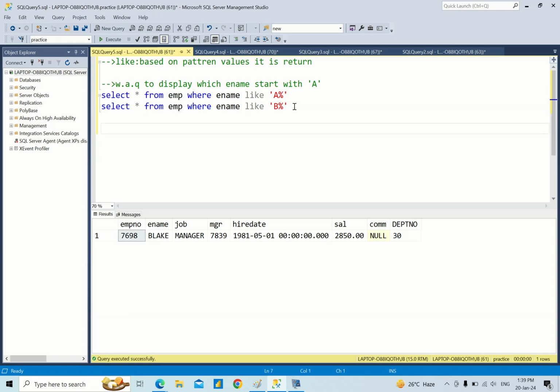The next requirement is: write a query to display which employee name's second letter starts with A. Previously we started with the first letter, but here the second letter is A. So for that,